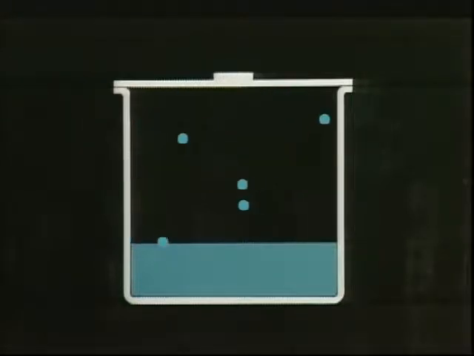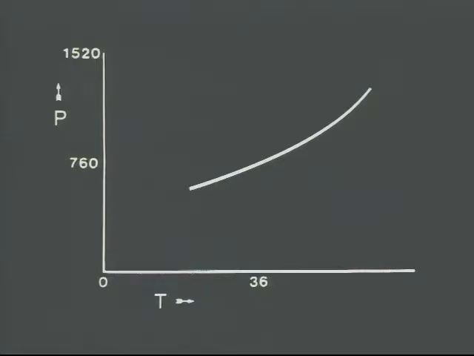These molecules have condensed. When the rate at which the pentane vaporizes equals the rate at which it condenses, the system is at equilibrium. The pressure under these conditions is called the vapor pressure. If the temperature of the pentane is raised, its vapor pressure rises. A graph can be constructed by plotting the vapor pressure versus the temperature. For a pure liquid, such as pentane, there will be a temperature at which the vapor pressure equals the normal atmospheric pressure of 760 torr. This temperature is called the normal boiling point. Pentane has a normal boiling point of about 36 degrees centigrade, which is slightly below human body temperature.